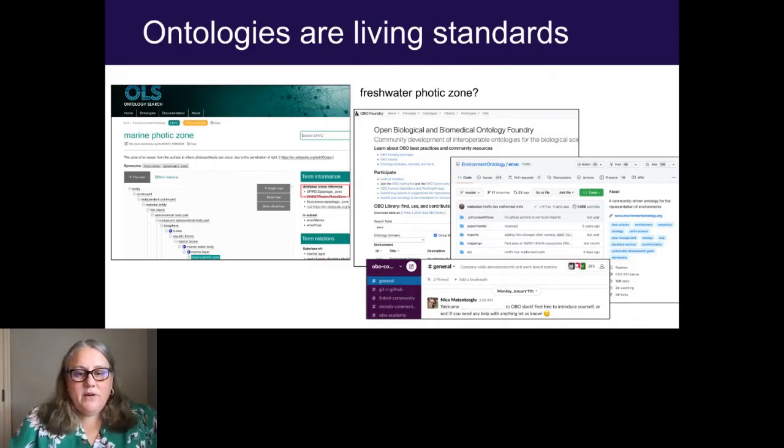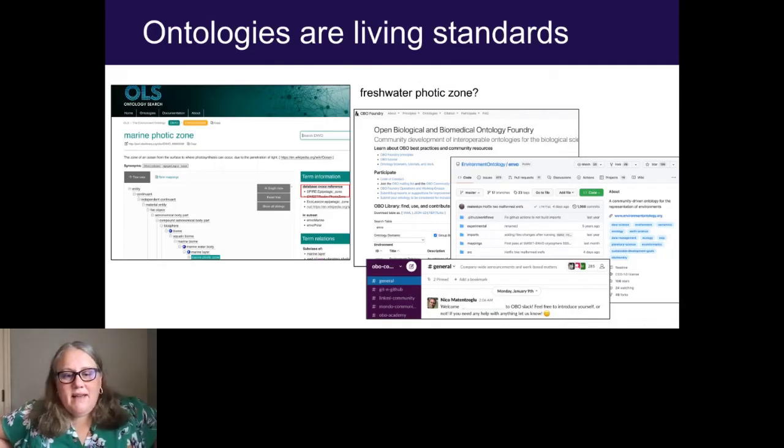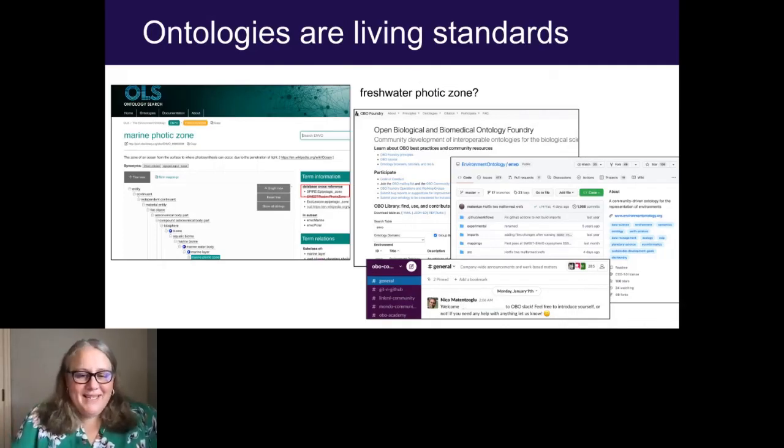to then go to a very useful resource, the Open Biological and Biomedical Ontology Foundry, look up the ENVO ontology, find on GitHub where it's being managed and the group of experts that is hosting that, and maybe even find her way to Slack and meet Nico and the rest of us who are talking about these different terms. And it would be wonderful if she submitted a pull request or a ticket to add that freshwater photic zone